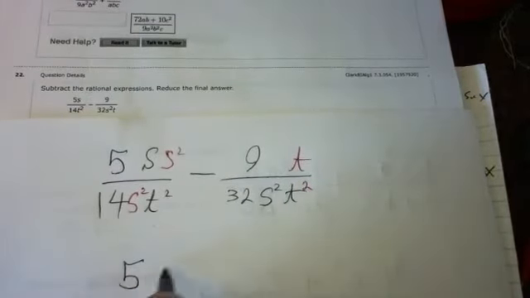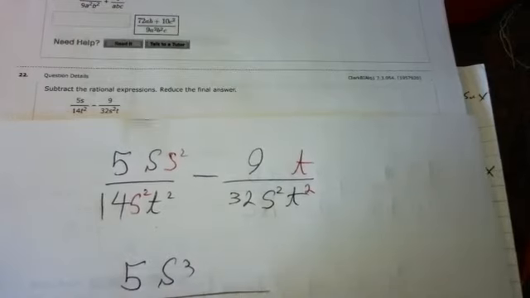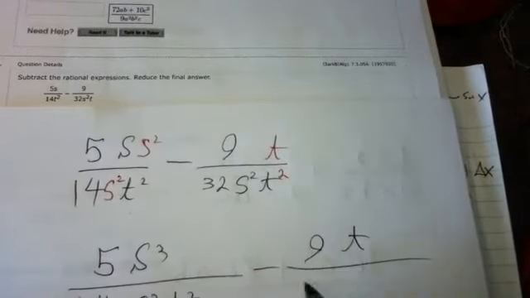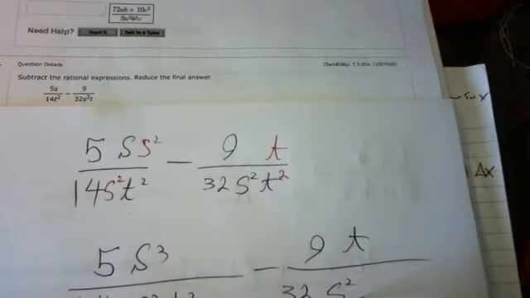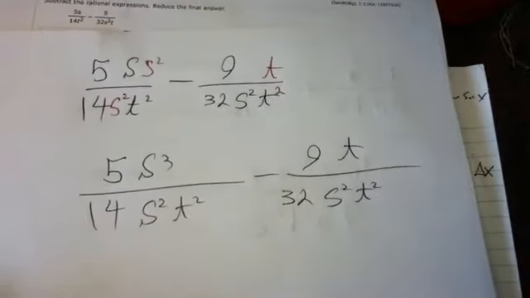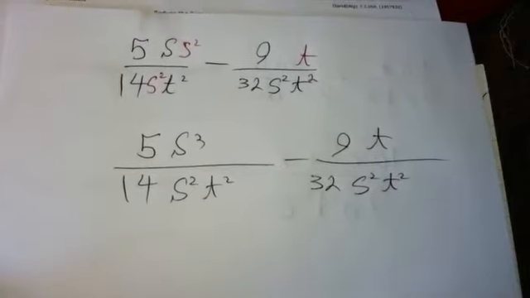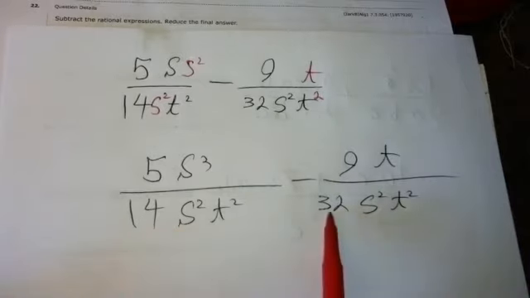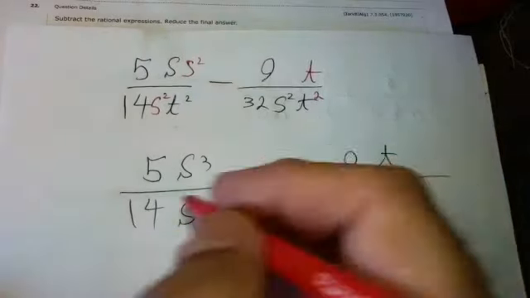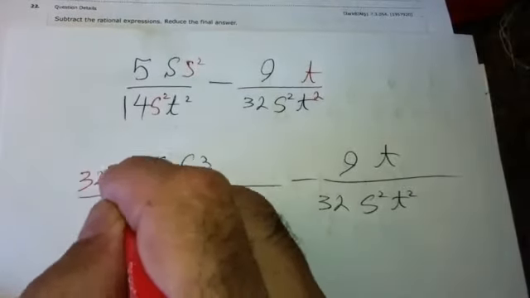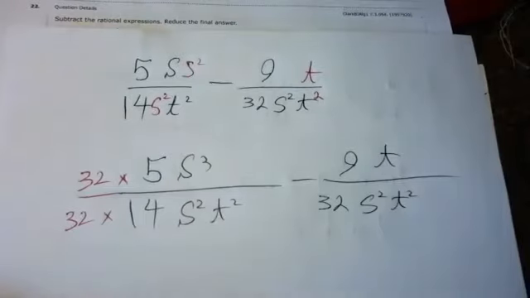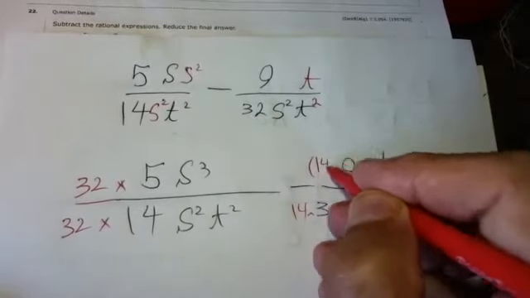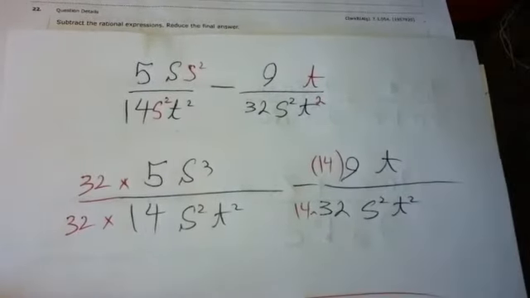So now I have 5S3 over 14S2T2 minus 9T over 32S2T2. All right, now this one doesn't have 32. You have 32, but this one doesn't have a 32. So multiply by 32 and 32 here. This one doesn't have 14. So multiply by 14 and 14. So now 32 times 14